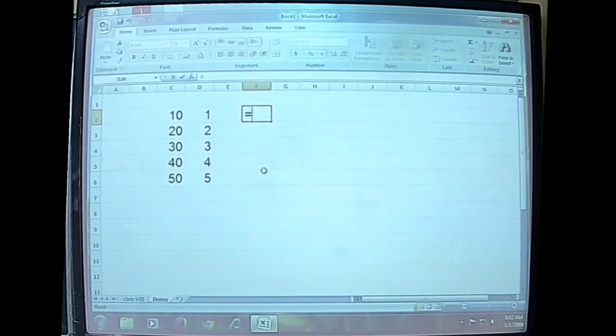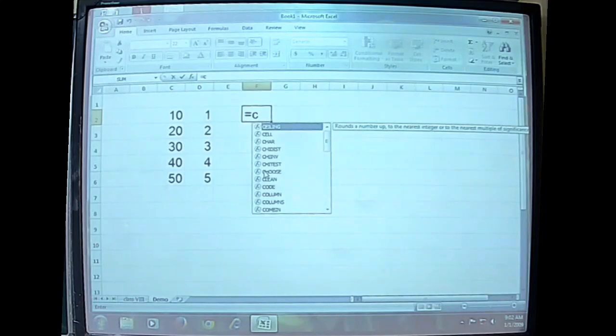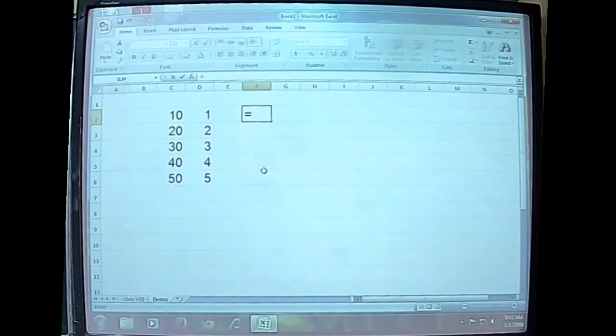Each formula or function begins with an equal to sign. Therefore it can be written in this form: C2 plus D2.